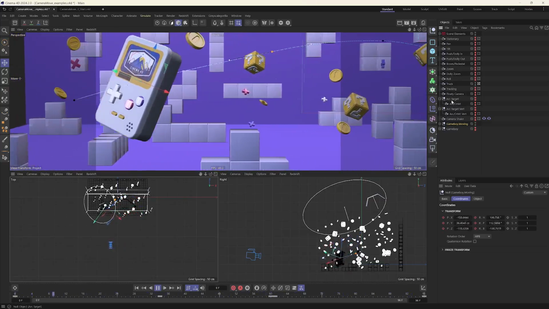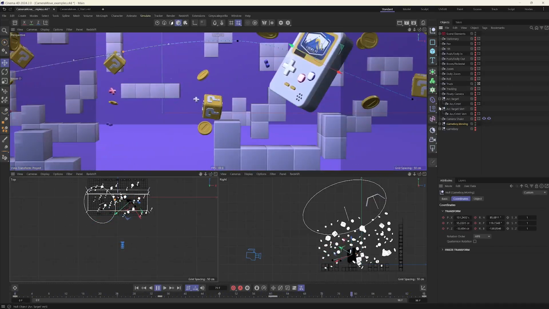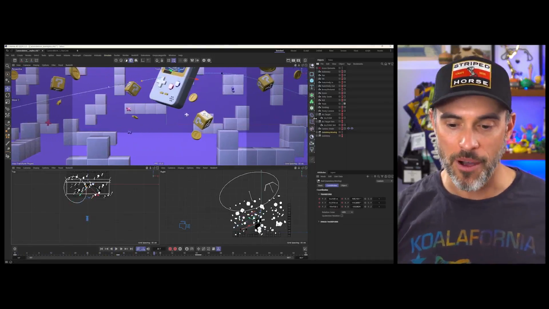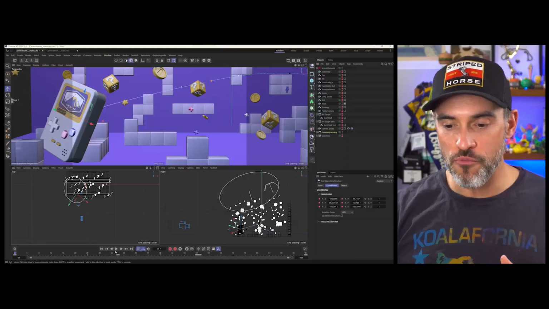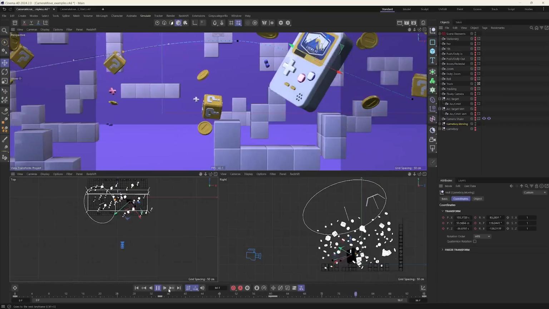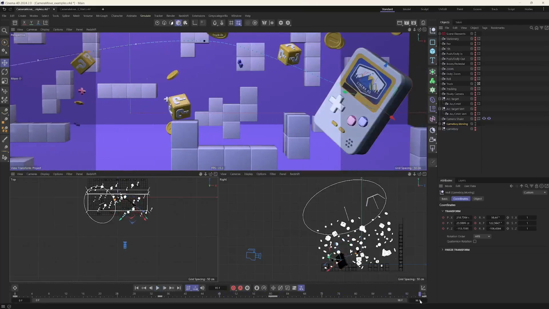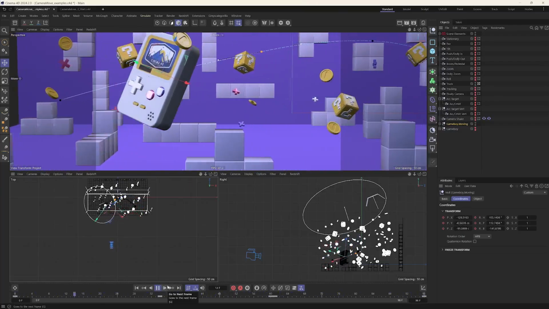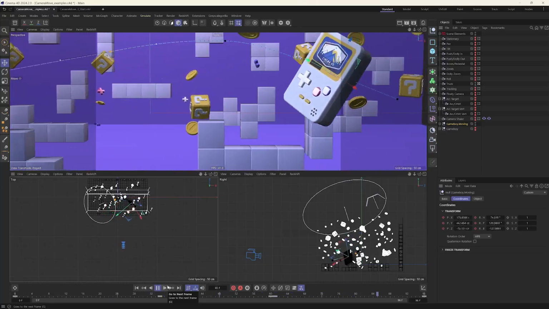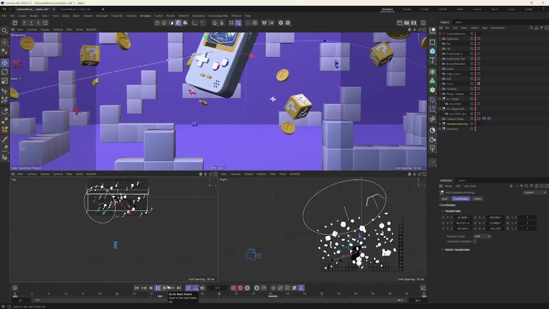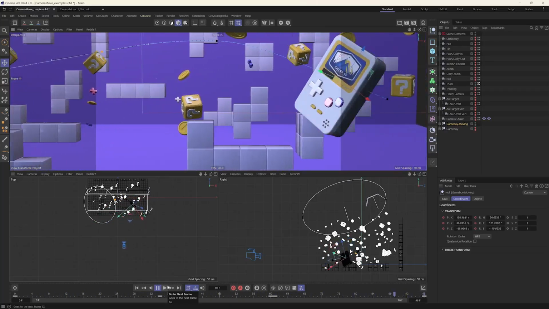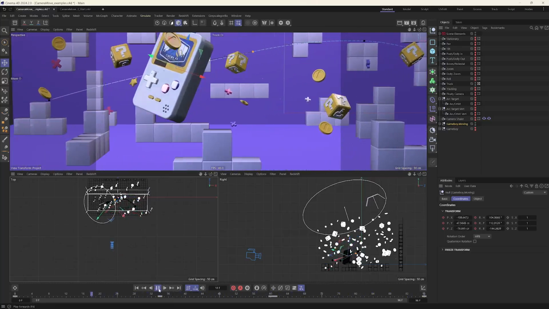One thing to keep in mind is, yes, it's used to reveal information or to follow a subject, but the direction you're going, whether left to right or right to left, matters. If you think about how, at least in the Western world, we read from left to right, movement from left to right feels more natural for us. Again, in the Western world, if you have things moving opposite from right to left, it feels a little bit odd. And if you're from the other part of the world where you read right to left, it's the reverse kind of feelings. So trucking is literally just moving your camera laterally left to right or right to left, revealing information or following